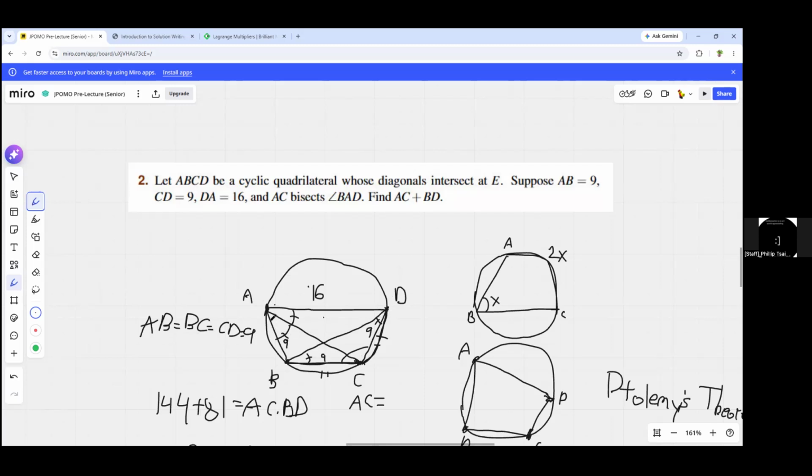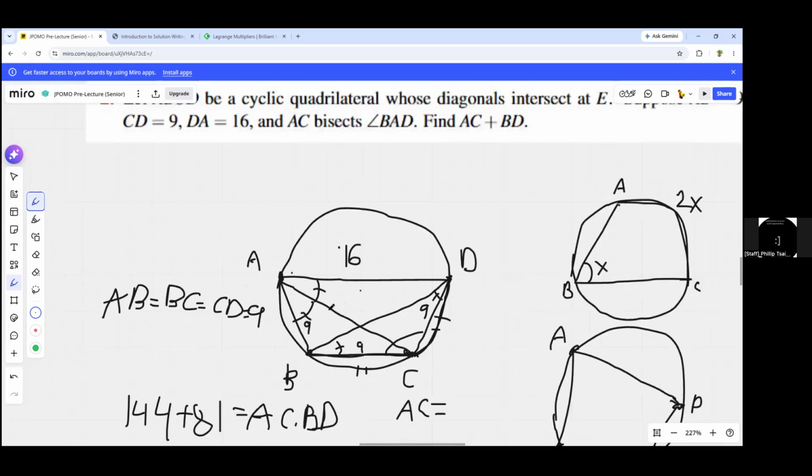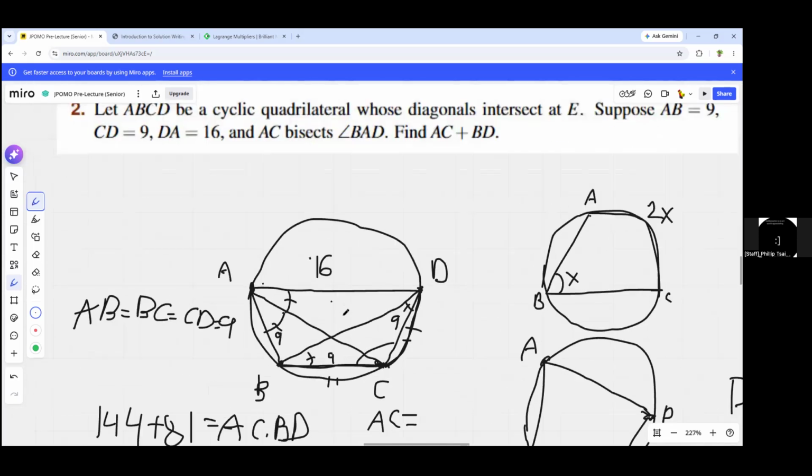Basically, we can prove using almost all the congruences